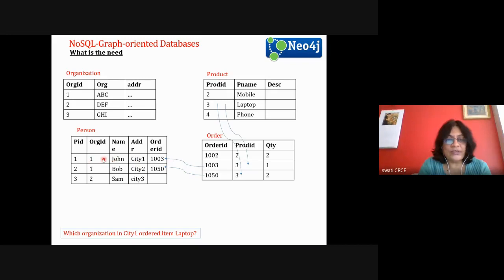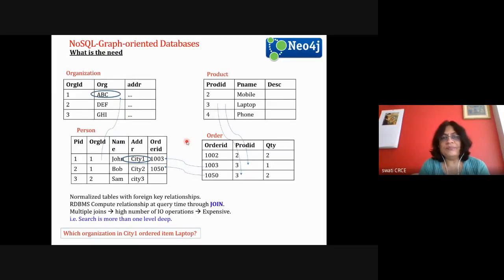So I'm interested only in this particular record in city one. The organization ID is one and the name of the organization is ABC. So you can think what kind of query it will be. It is going to use multiple joins and even nested queries. And if the size of the data is big, then it will not run fast.